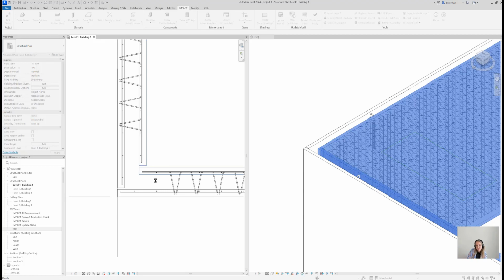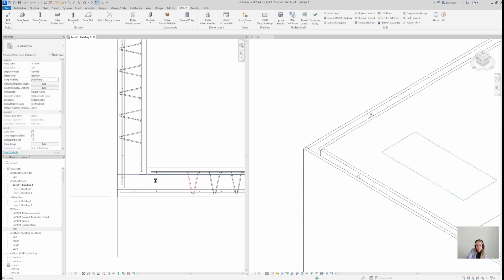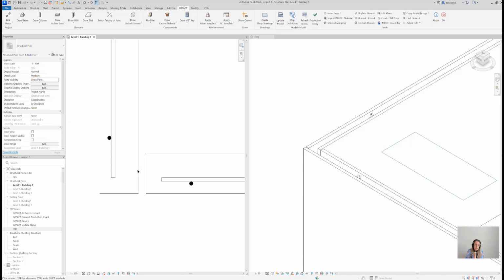Impact is taking the other panel, the vertical, and it goes by this one. And what happened is that not only is this a minor change in the geometry, but also Impact is adjusting the reinforcement for you. So if you have mesh or reinforcement